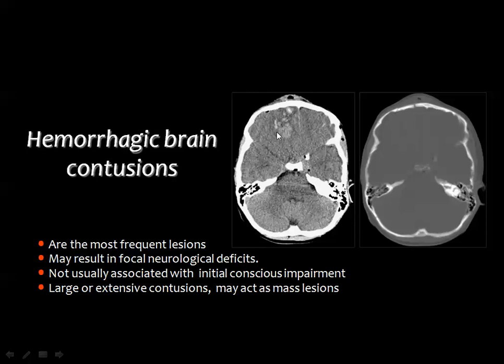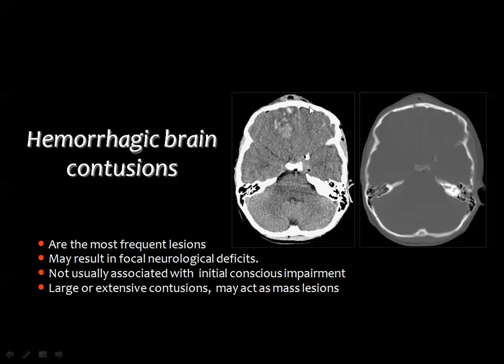But if you see hypodensity, and this is also a contusion, and it is also hemorrhagic, but the hemorrhage here is the petechial hemorrhage, so that you cannot see in the CT images. So